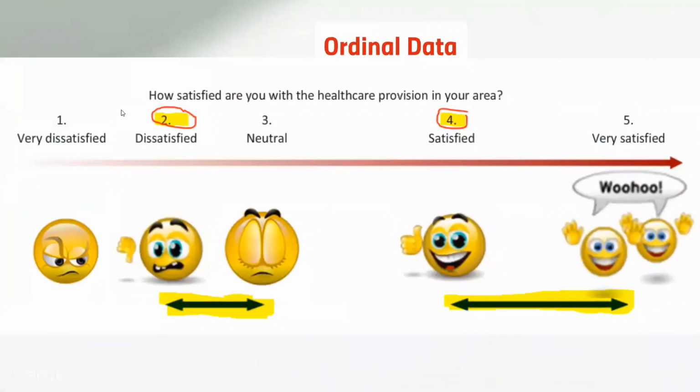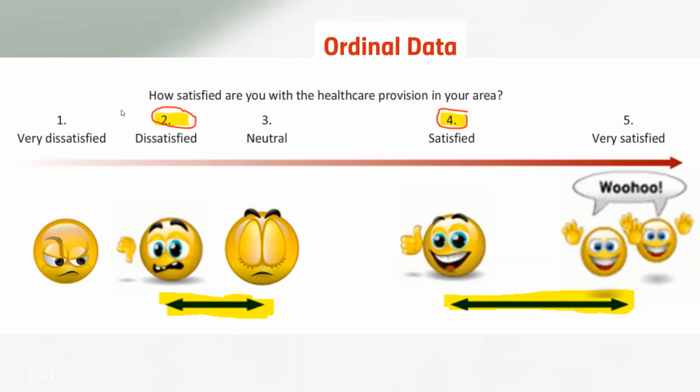Ordinal data. For ordinal data, I have five categories, but those five categories are ordered. Very sad, sad, moderate, neutral, happy, very happy. Those are ordered. I can move and say that those are happy and those are not happy. I can move to make them dichotomous, but I can't say that